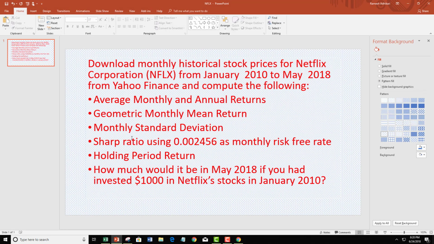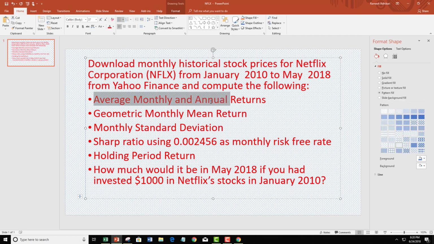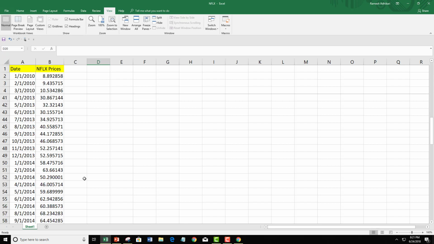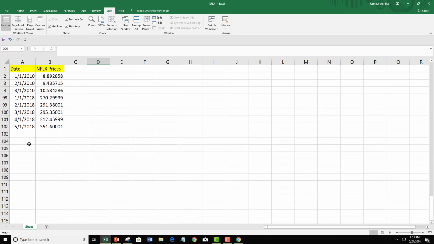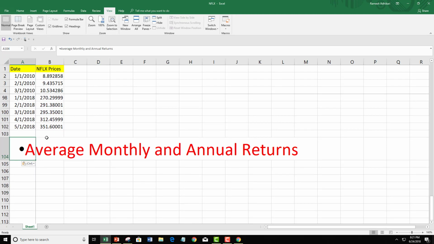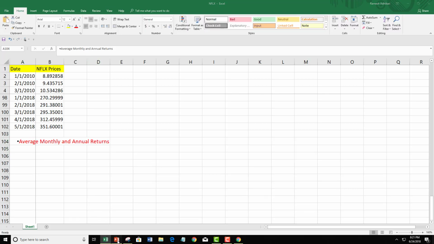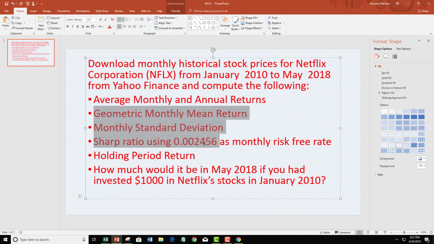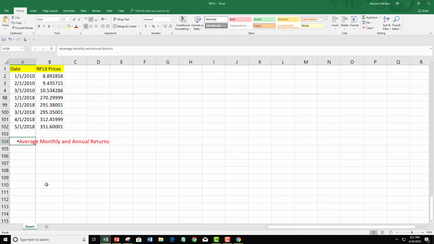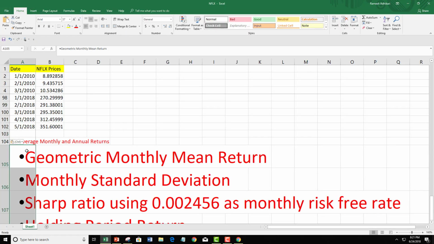So the question is asking the following: average monthly and annual return. I can copy this here and take it to the Excel file. So I'm going to put it here, average monthly and annual returns. So this is too big, so let me make this smaller. Alright, and the next thing being asked, I can copy all of them together. So I can copy all of these and take to the Excel file, so that again I can make this smaller,